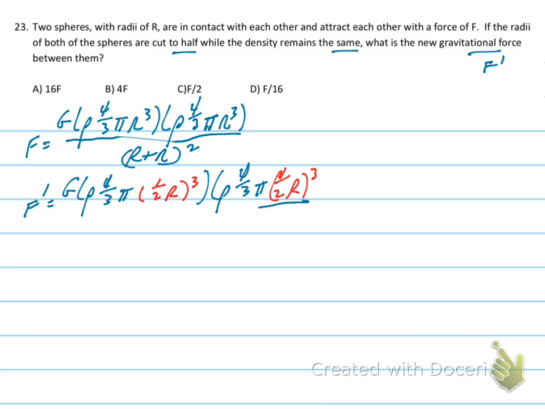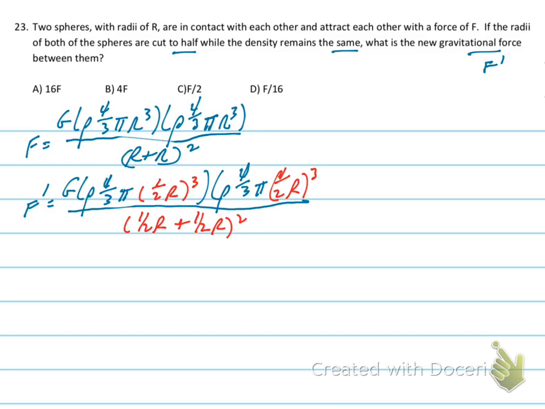And that's all going to be over one half r plus 1/2 r quantity squared. So when we set up this relationship,